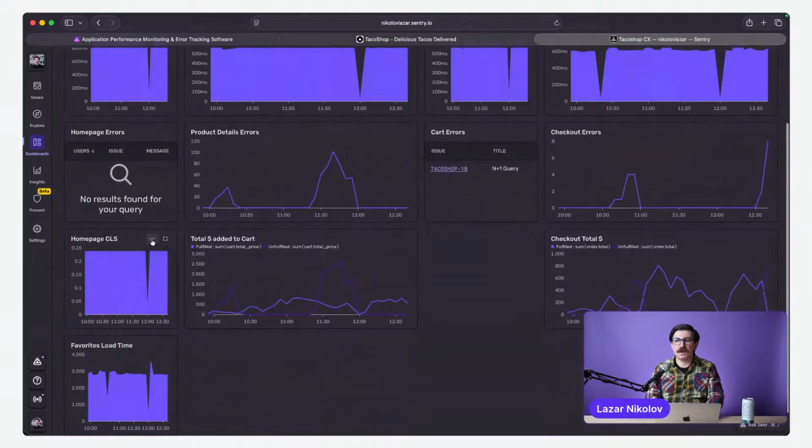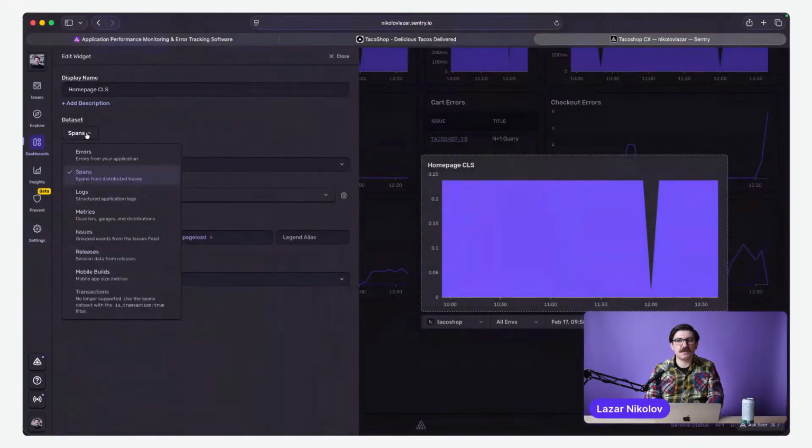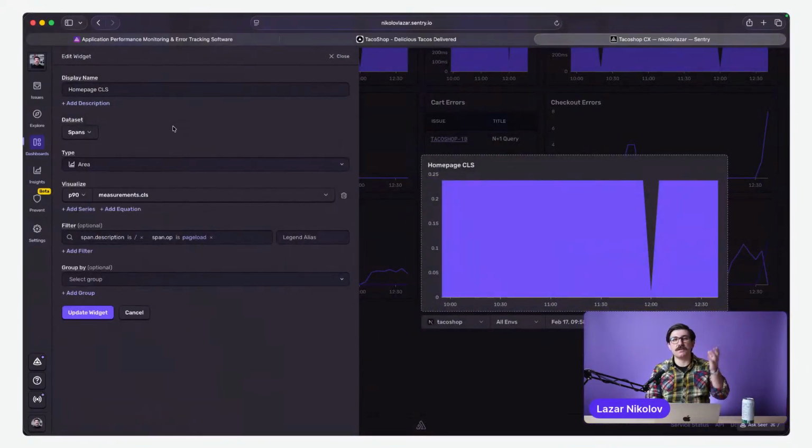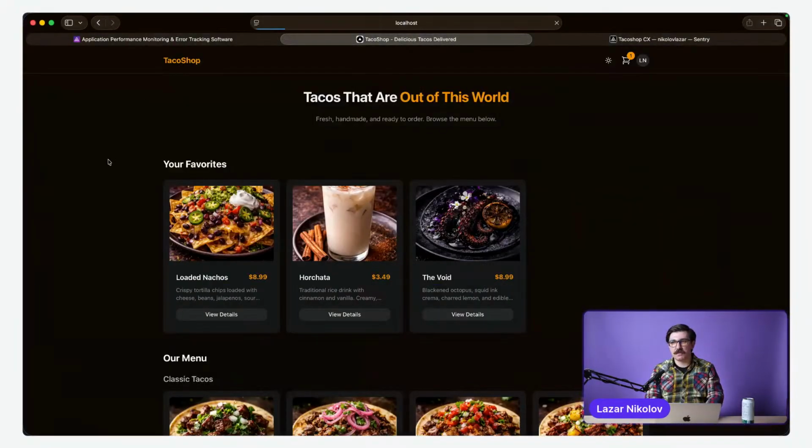Then we have some interesting widgets, like for example, visualizing the CLS. All right. In this case, again, it's performance. CLS is the cumulative layout shift, the thing that we saw from the home page. If I hit refresh,